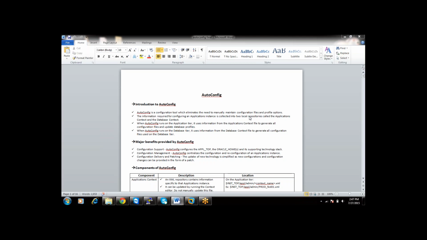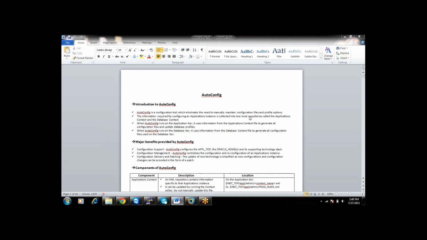Now, what do I need to do in order to change a parameter in any configuration file? You have to modify all the configuration files, right? Yes, we have to modify all the configuration files. So if you forget to modify one configuration file, there will be some kind of conflicts and your applications may not work properly.